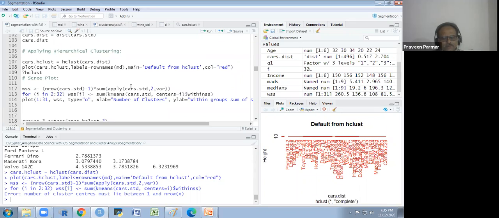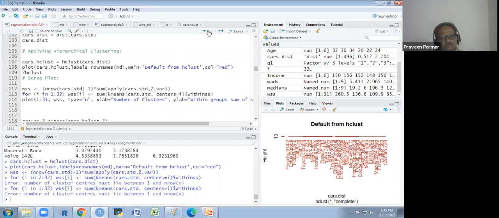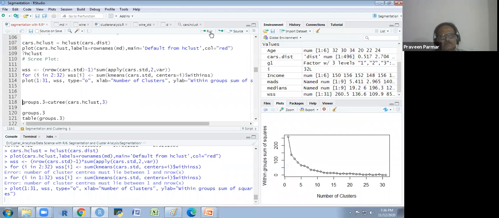If I write 1 here, then see, it will not work. It will not work. We always take from 2. Car standard variance, and the sum of kmeans car standard centers i within SS. Okay, and then I try this. So this we are getting.